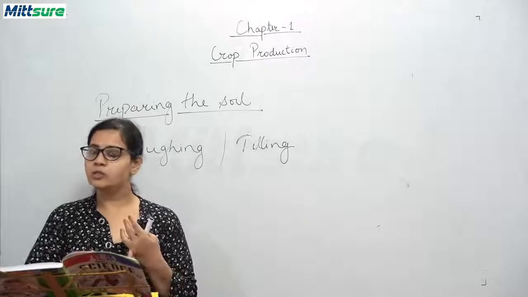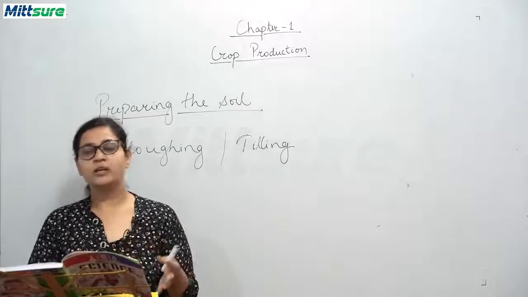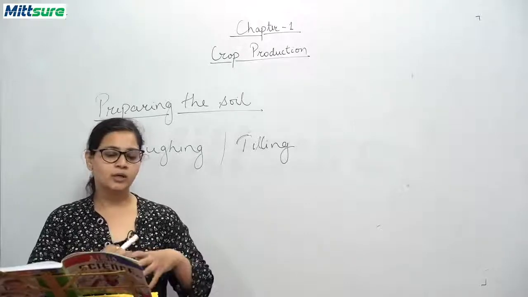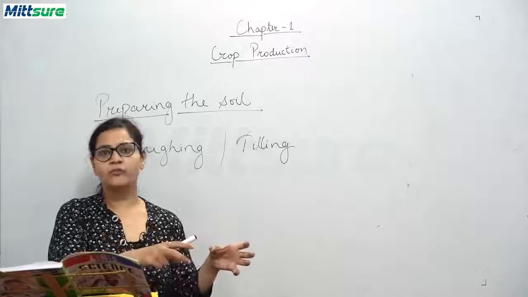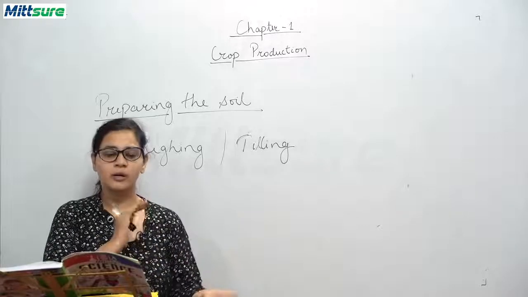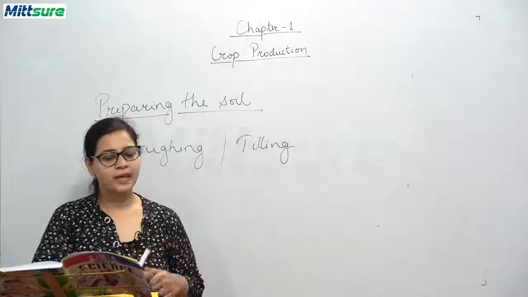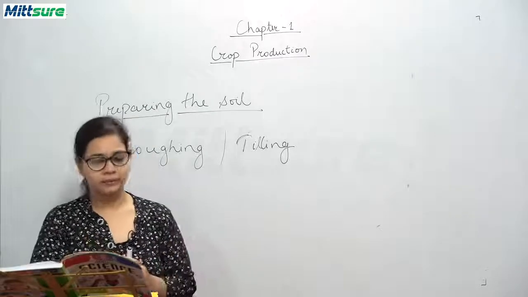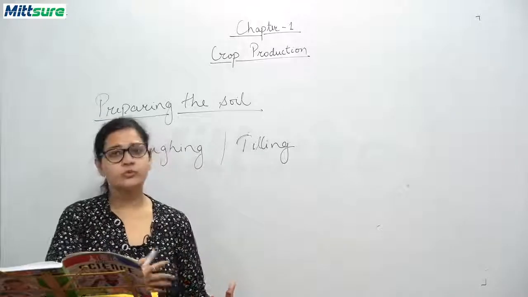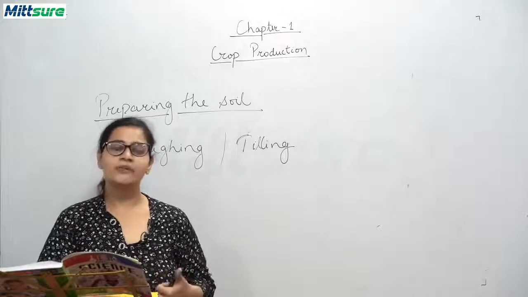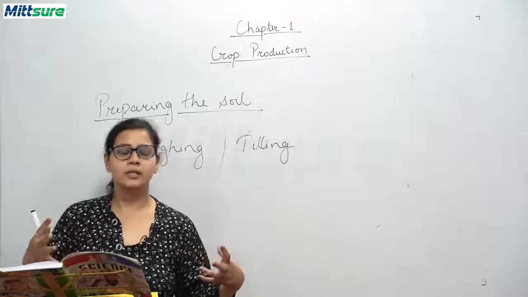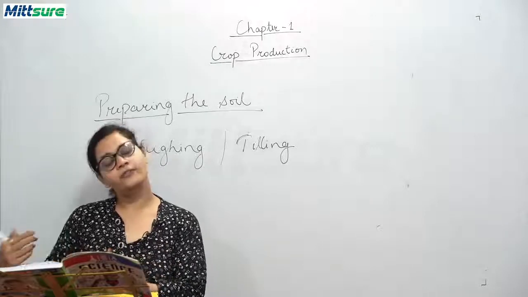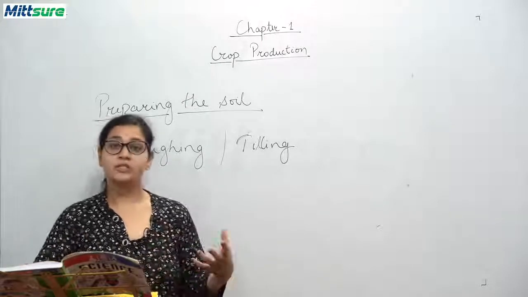You can use a hoe also, a cultivator also, and a leveler also. What is a hoe? Hoe is a long rod, and on the corner of one end it has a big iron blade, and it works as a blade and cuts the soil, and it is used with an animal. Cultivator is a machine which is used for the purpose of plowing. Leveler, when you have lumps of soil in it, this leveler is used and the soil is broken down with the help of the leveler. Okay, now the next topic is manuring.